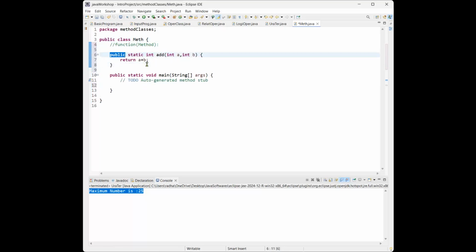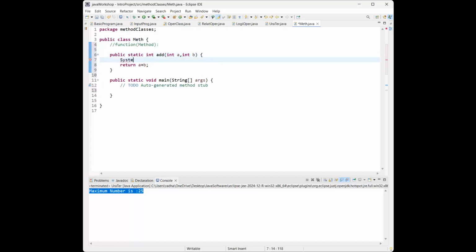And the return type means here we have given one return type. We give a return type because, if this function returns anything, some value when you call it, you need to write the return type as an integer, or if you are returning a string, we have to give the string type here. If you are not returning any value,